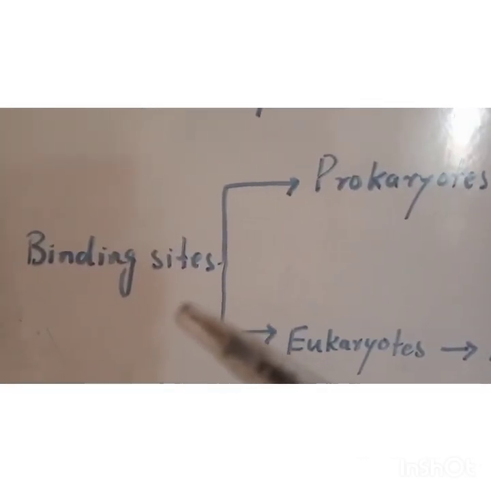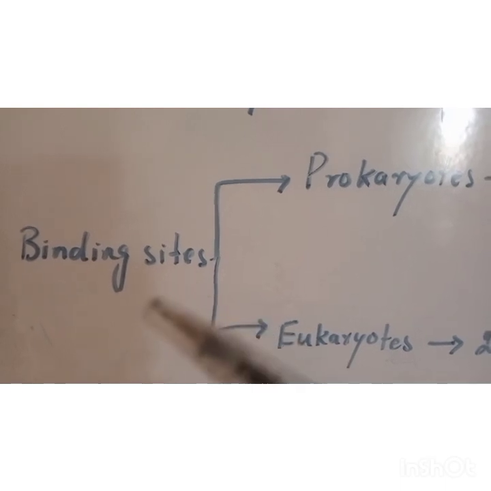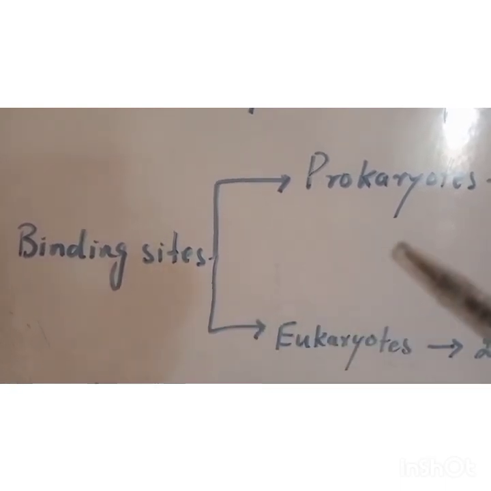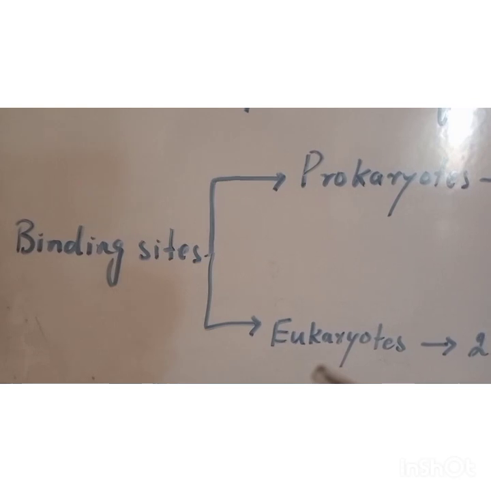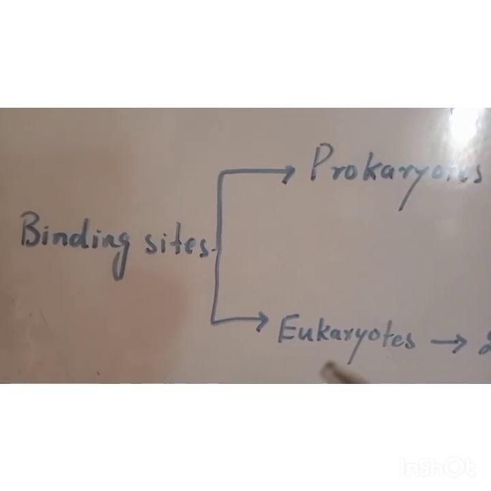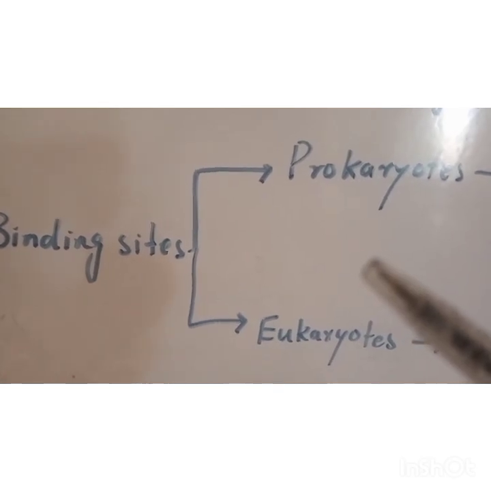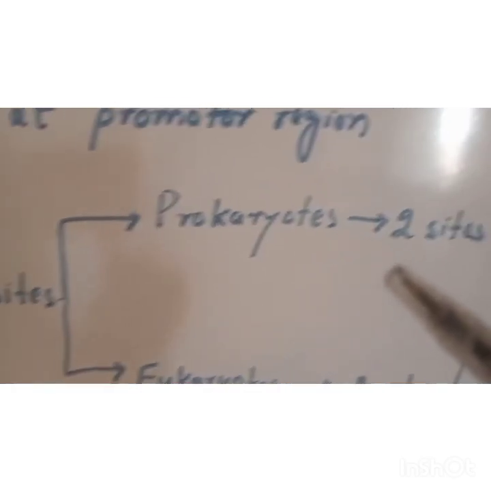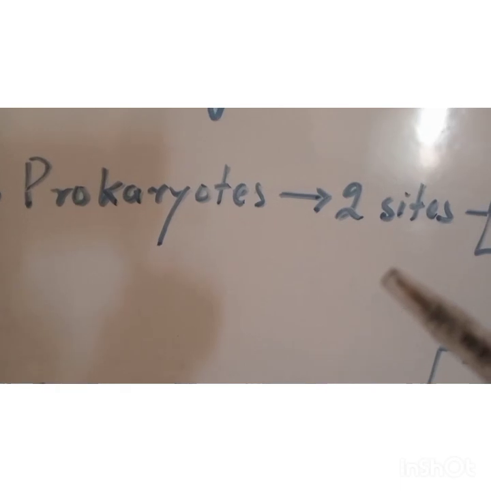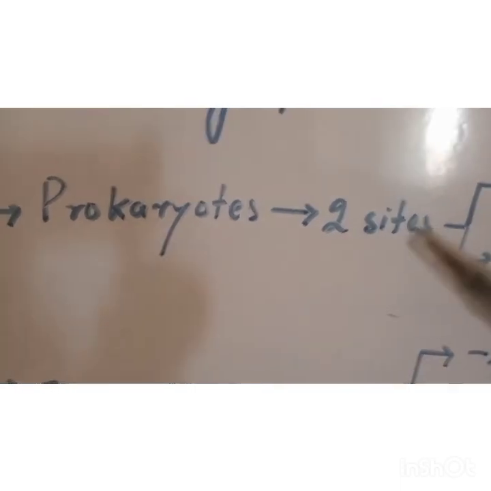Binding sites at the promoter region. There are different binding sites in the prokaryotes as well as the eukaryotes at the promoter region. In the prokaryotes, there are two sites present at the promoter region. These are